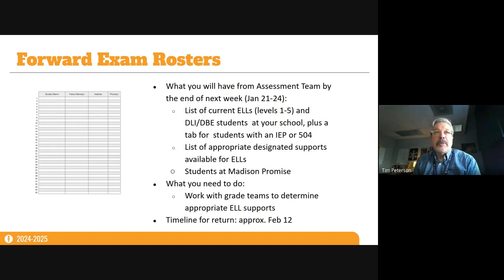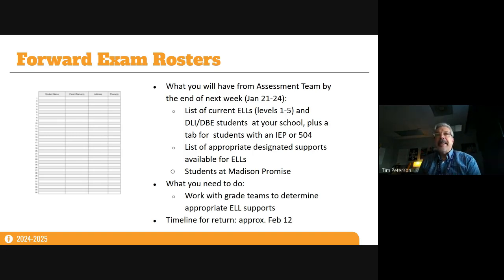On that list will be a current list of English language learners, plus a tab for students that have an IEP or 504. The purpose is not for you to have to check all those students with an IEP or 504, but to ensure that they do have, this is very similar to what we did for the access. So if they have an open IEP, that's just kind of a reminder that that needs to be taken care of as quickly as possible.